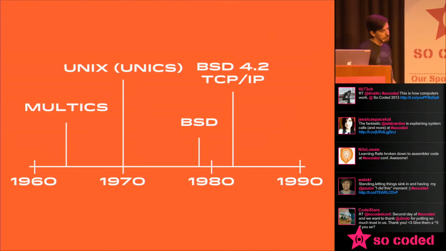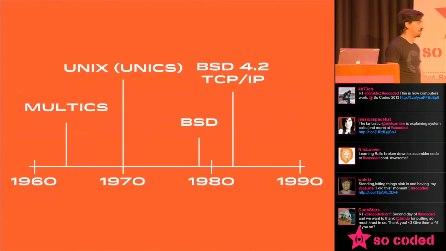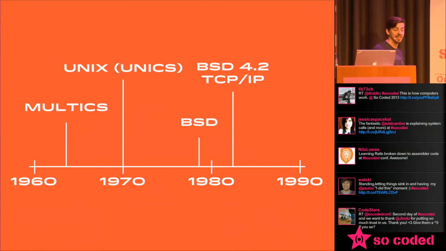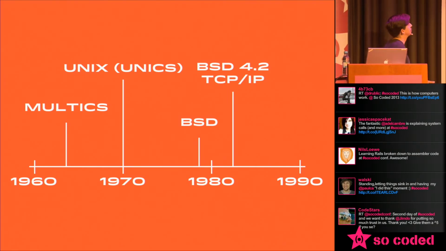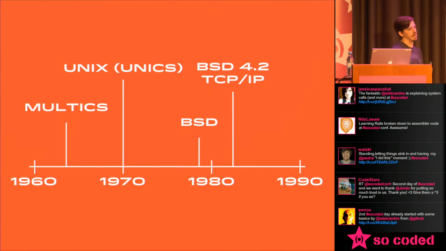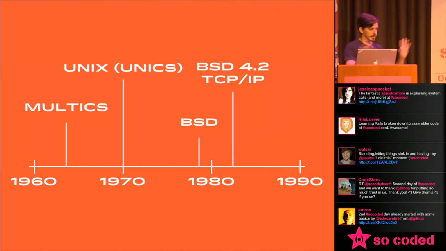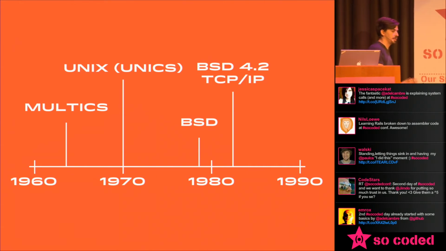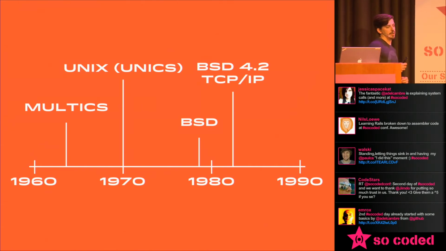First, a little bit of history here. I think this is really cool. I don't know if anyone else does, but this is kind of a little history of Unix for the past 40 or 50 years. So in the early 1960s, I think it was 1963 or 1964, there was a project called Multics that was started at MIT and Bell Labs and a few other institutions around the country, mostly in the US. And they were trying to create this new operating system.